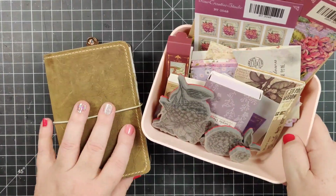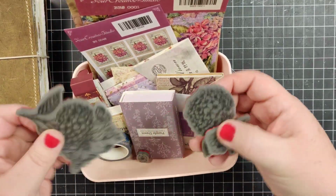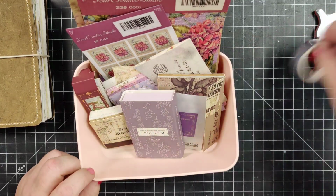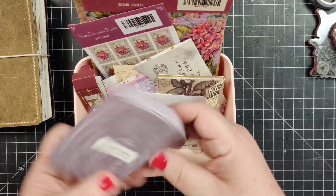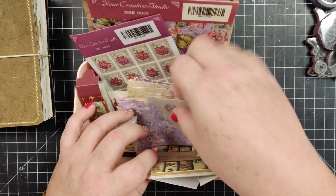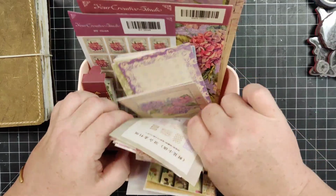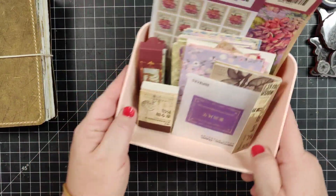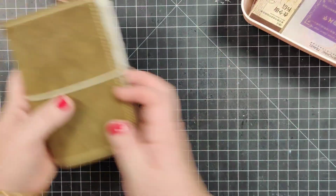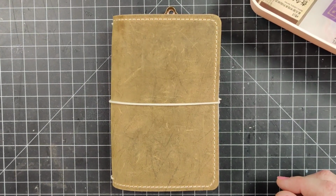Okay, so I've got everything organized here in my little caddy. I think I will take the stamps out though, and this, and then hopefully everything, and maybe that. Hopefully, well, got a little bit messed up there, but it makes it easier for me to know what I'm grabbing for. So let's go ahead and put that off to the side, and then here is my little passport sized junk